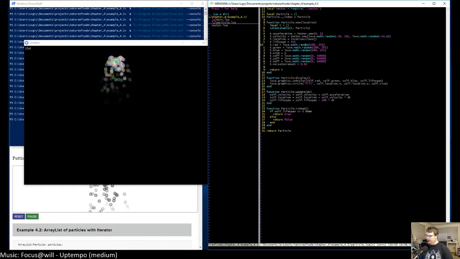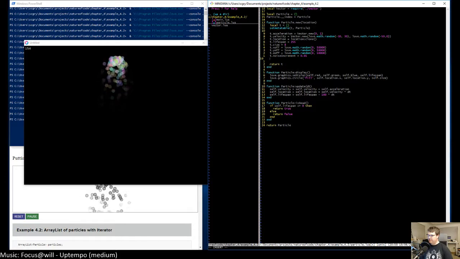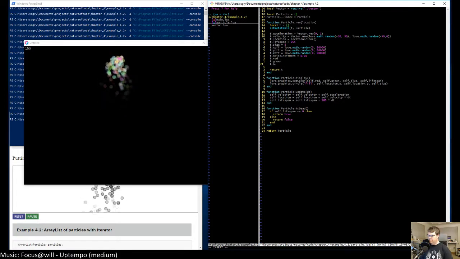So I don't think I need these colors anymore. What I do need to do is in display, I still need T dot these, but I'm not going to do anything with them right now.